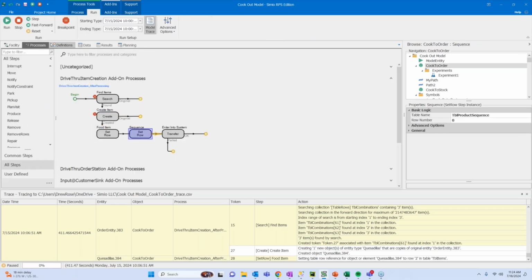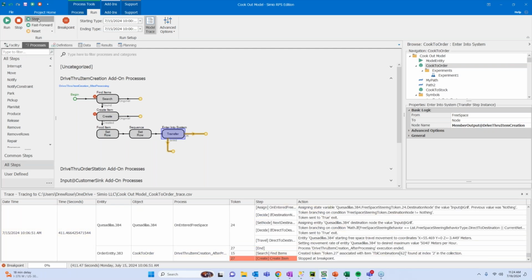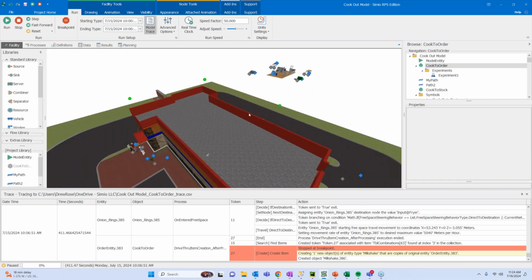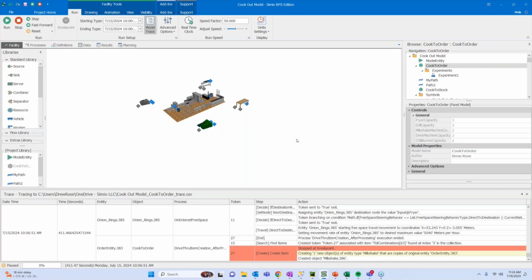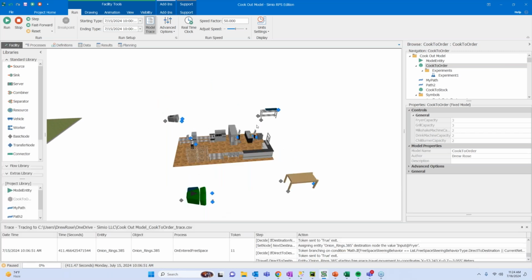So I'm designating on my sequence as well what tasks need to take place, and I'm sending this order into the kitchen. So that's taking place for the quesadillas, and then my onion rings, and then my milkshake. So from one order entity, that is now generating 3 different items that are to follow suit. So that's taken place. And then when I go back, just for busyness' sake, I've separated the kitchen just to have it in a different space. But that's going to get sent back to our kitchen, and that's going to need to be fulfilled.